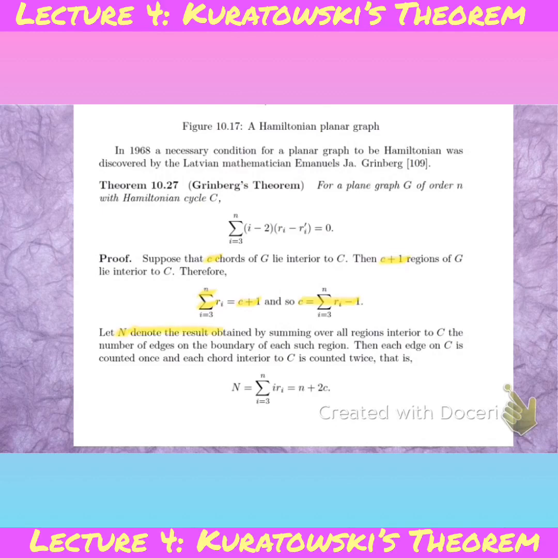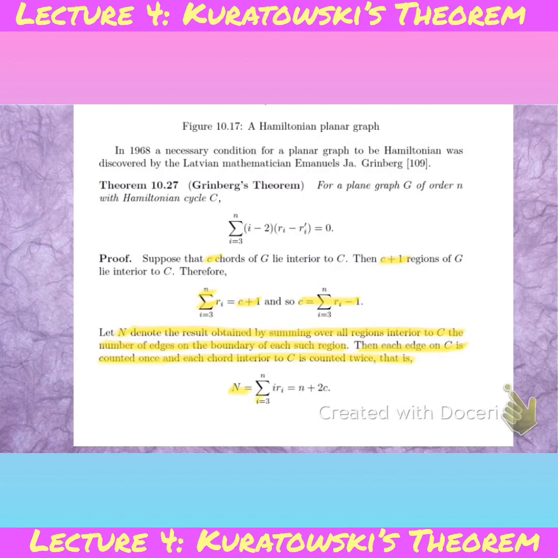So n denotes the result obtained by summing over all regions interior to C, the number of edges on the boundary of each such region, like we did previously with all the polyhedra and all of that. Then each edge on C is counted once, obviously, and each one of the chords is counted twice, because each chord is on the boundary of 2 regions. So that n is going to